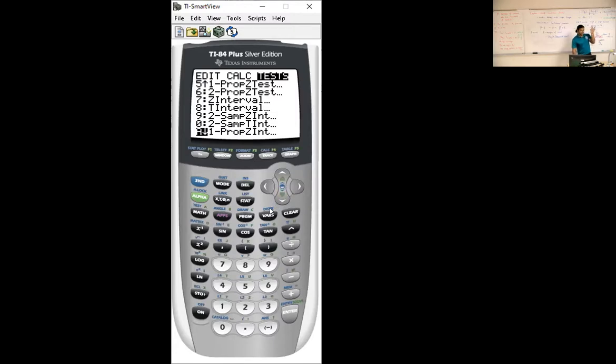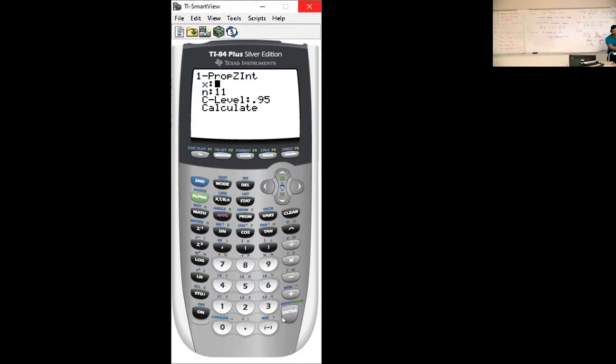One means one, prop, proportion, Z, normal distribution, which is why I kept using Z. Enter. Do we have X? What is X? In our problem, X and B are one and the same. It was 5. What is N? 12, I think it is. 12. The C level is simply the confidence level. So if I hit calculate, I get